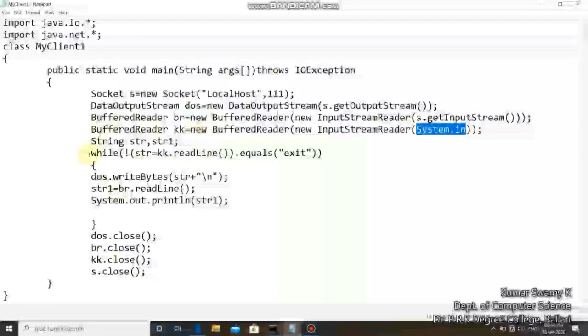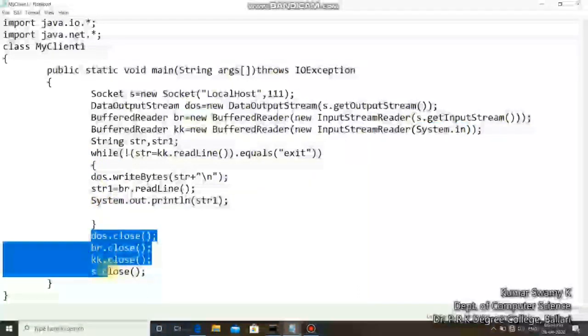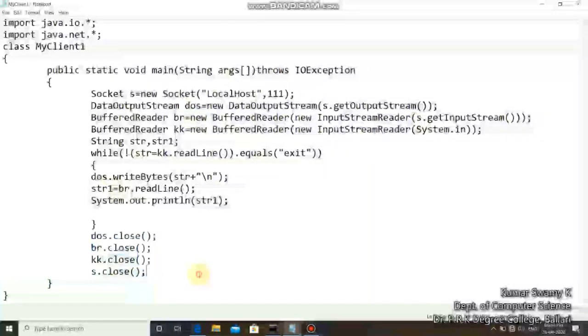This while loop helps to read and send data to and fro. After that we have closed all the objects which were opened. So now let us execute this and see how two-way communication happens.